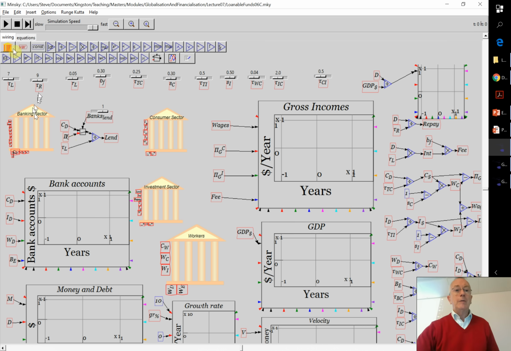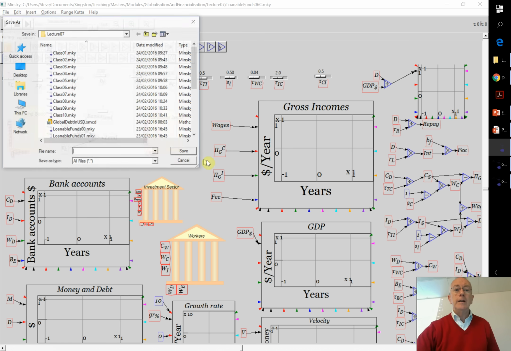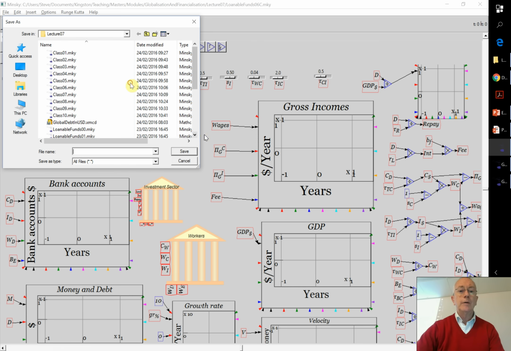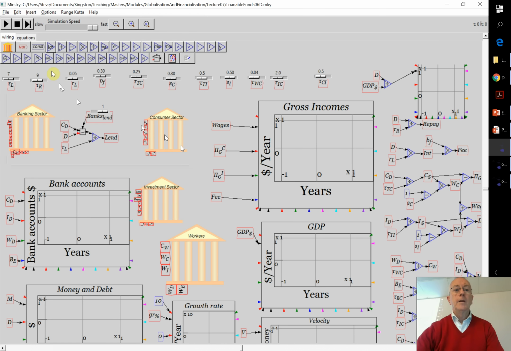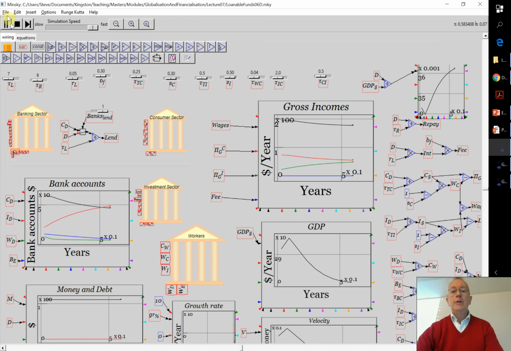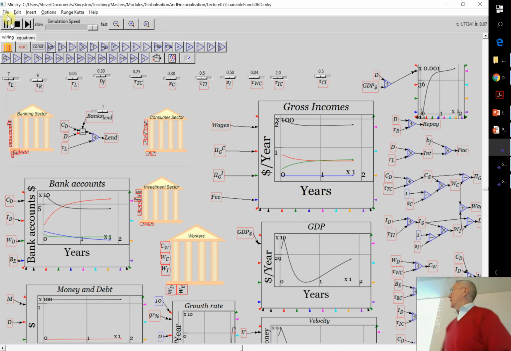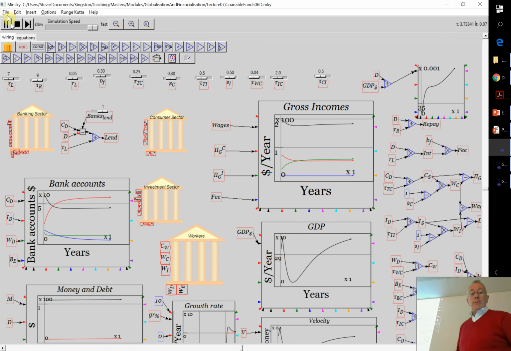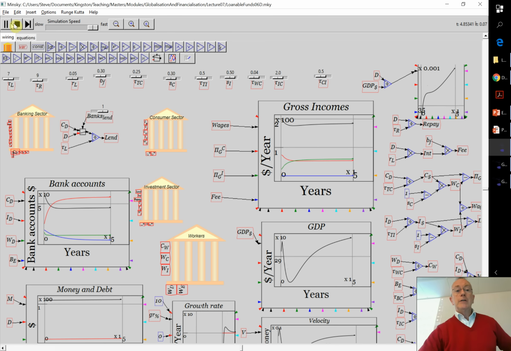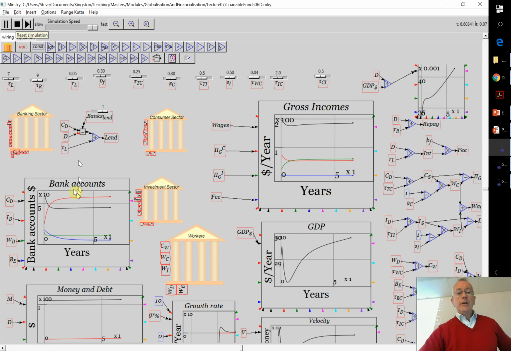So what happens when we simulate this model? Always click the stop, and I'll just save as again, just before I try to do the simulation. So I'll make that loanable funds D. Okay, we simulate away, and we're in a different universe. Notice GDP is now rising, which it wasn't doing beforehand, because of the creation of new money, which is happening very slowly here, again the simulation's running slowly. That's okay for this current illustration. I'll speed it up later. And the increasing amount of debt is actually driving up the money.